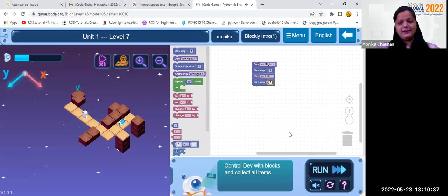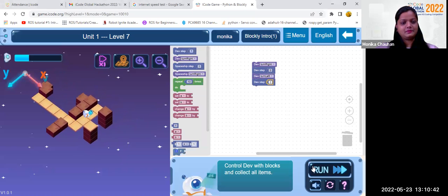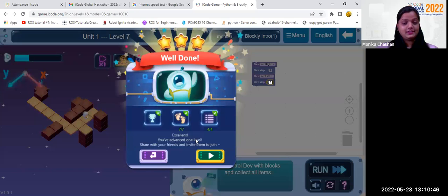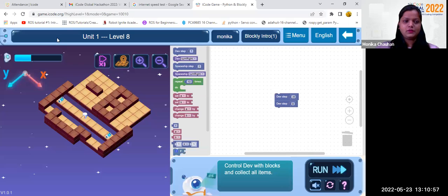When I click on run, yes, we got all 3 stars. And don't think that every time we will get the 3 stars. Sometimes we will have difficulty collecting all 3 stars. Maybe we will get only 1, maybe we will get only 2 stars. Now,